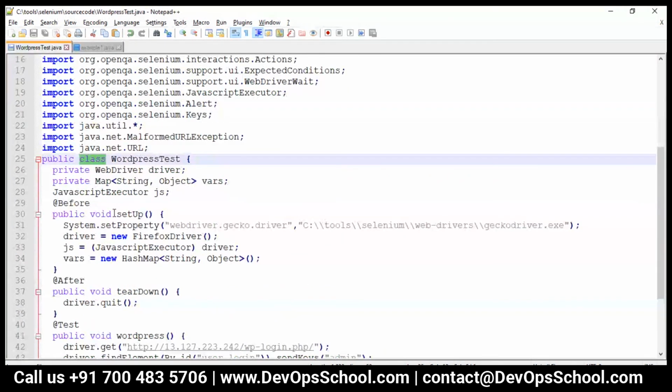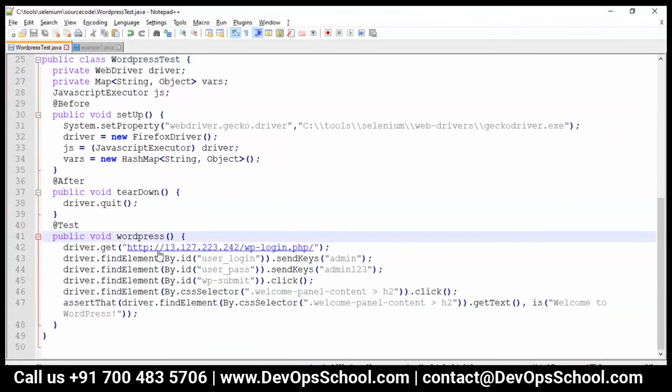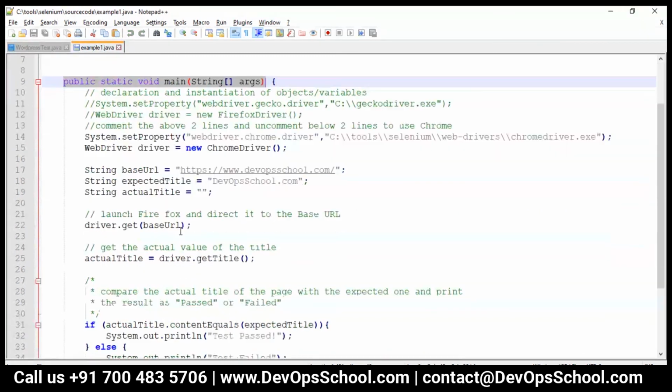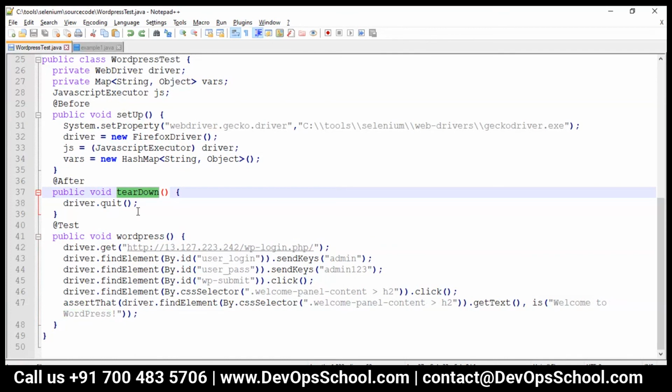Public void WordPress2, public void setup.